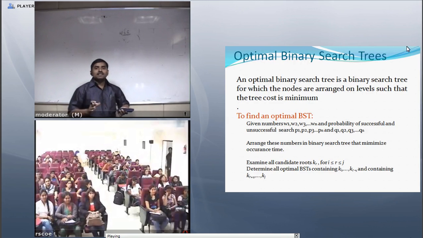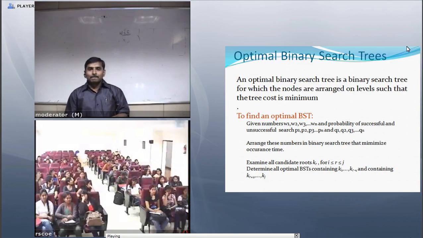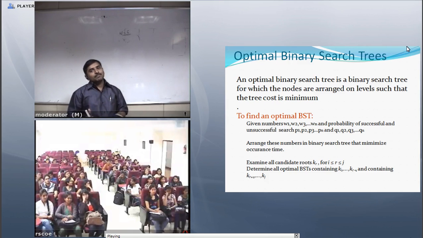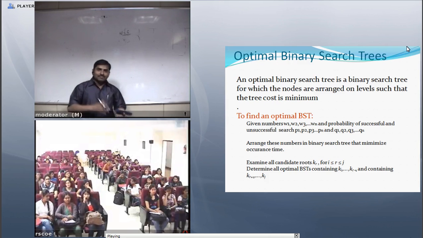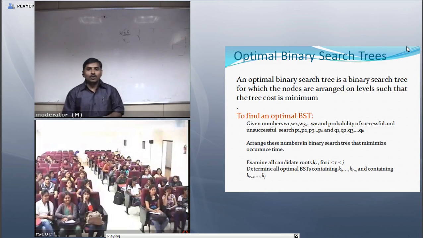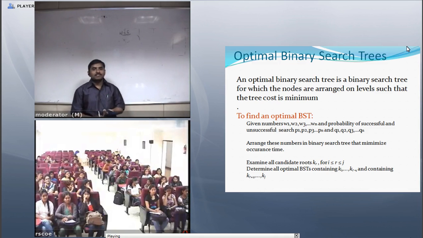In a binary tree, every node has a maximum of 2 children. Now what is a binary search tree? The left child is always less than its parent node, and the value of the right child is always greater than its parent node. This is the binary search tree.